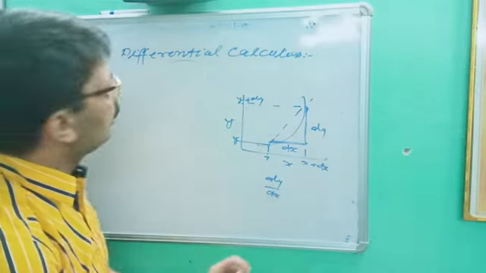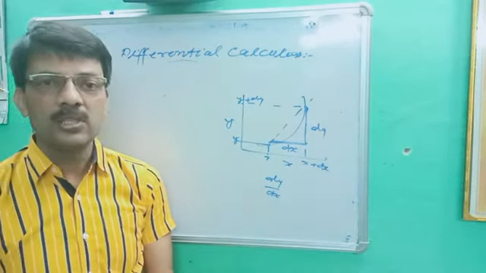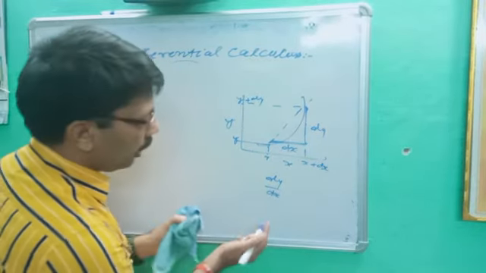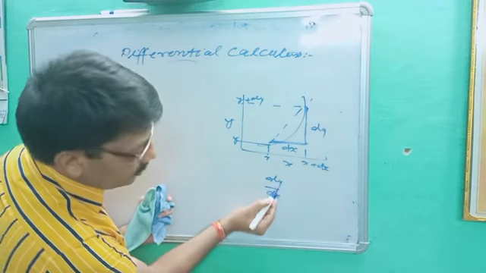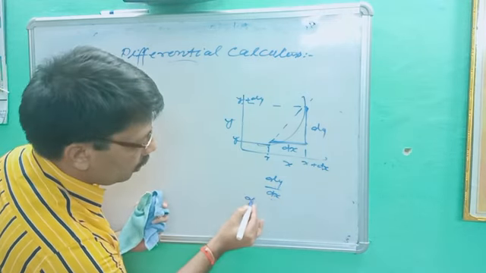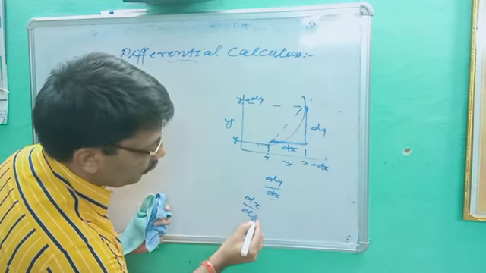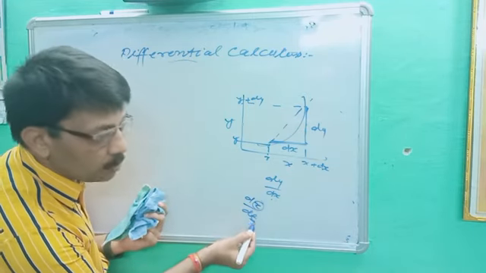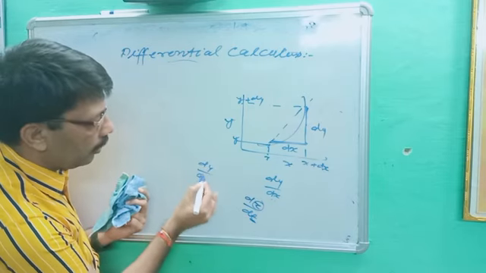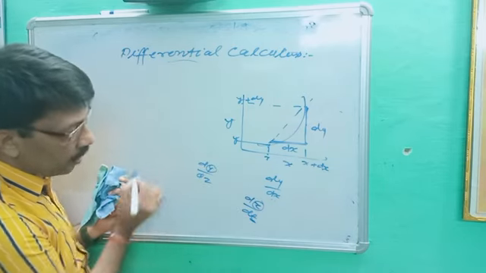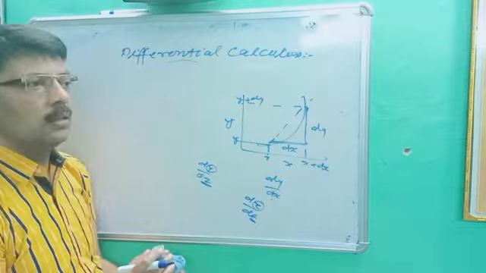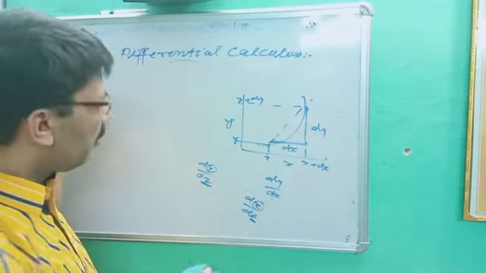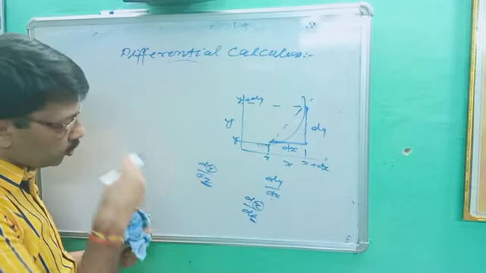Okay. Now I will tell some formulas for this, and next time we will start the numericals. So this is the meaning. Once again, dy upon dx is differentiation of y with respect to x. dx upon dt is differentiation of x with respect to t. dy upon dz is differentiation of y with respect to z. We are not going to fix dy upon dx for any quantity, so this depends on the question.